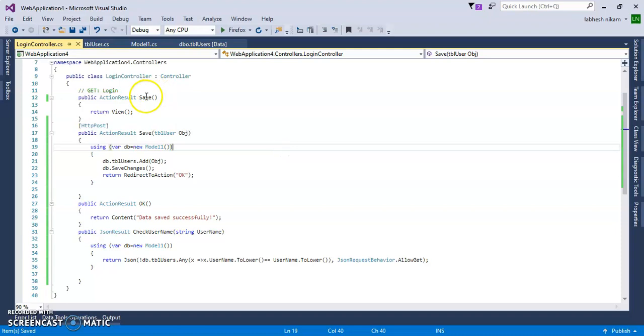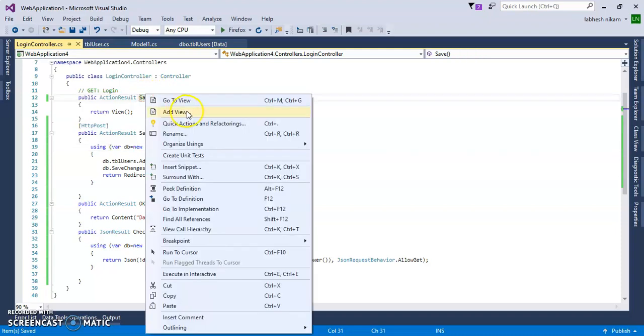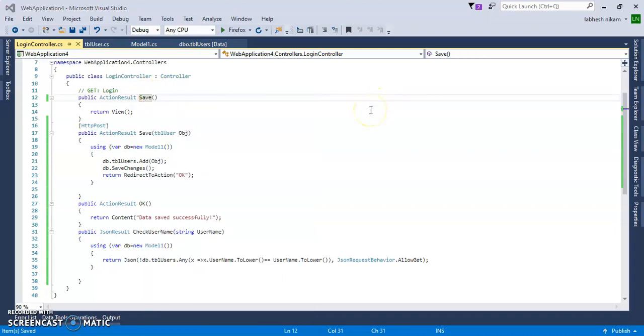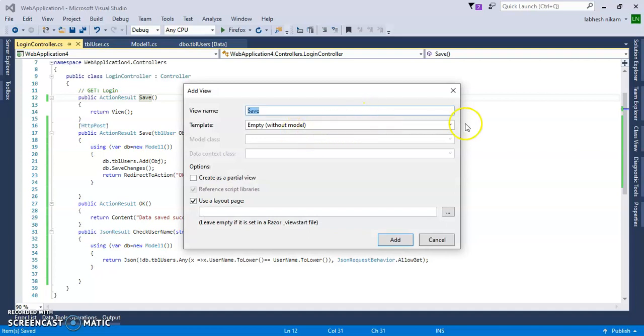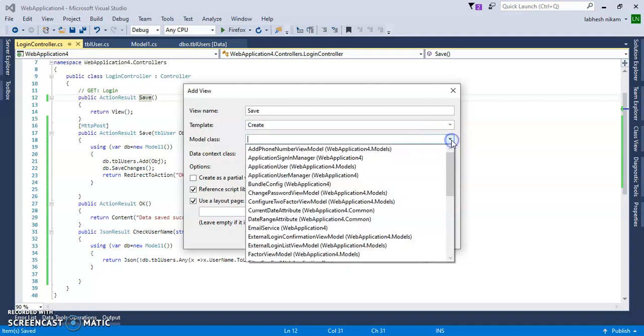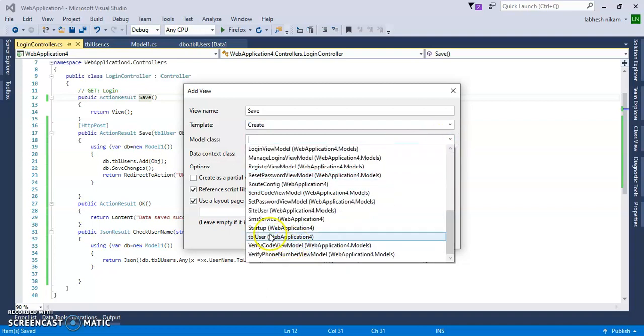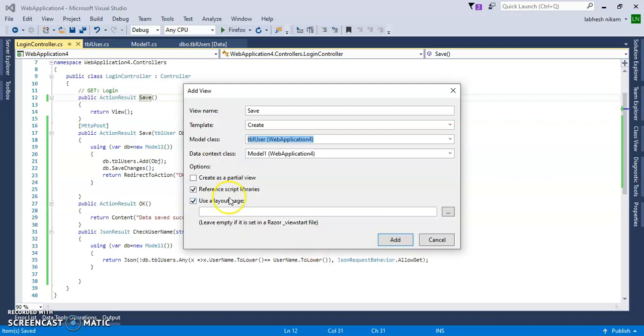Let's create a save page. Add view, create the form to save the data. So let's use the create template and model class, my login controller and tbl user data, and the name of the application is WebApplication4, and you must add this reference script libraries, because you need the JavaScript inside of the page, otherwise you will not get the error messages.